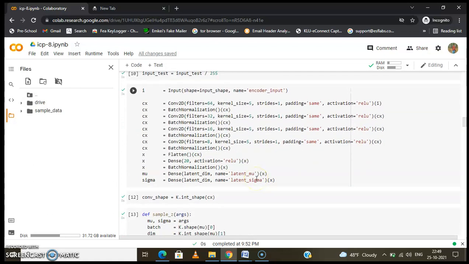And this is the basic function for encoding. Is this what was asked in our ICP? I can show you what we have.